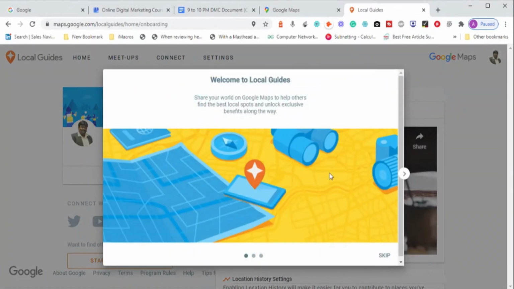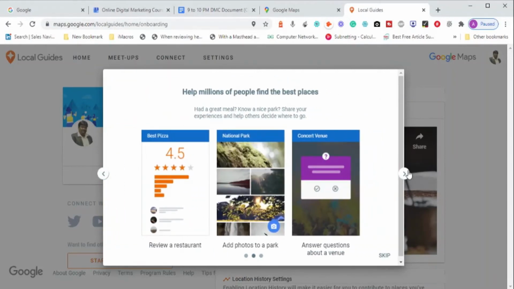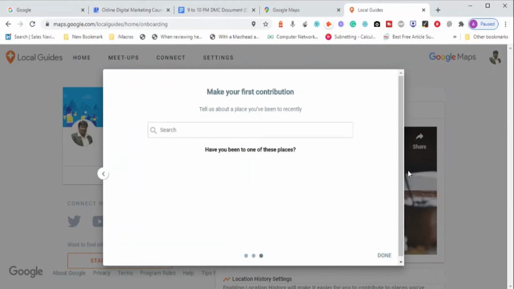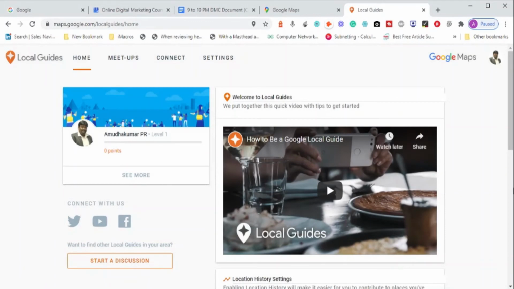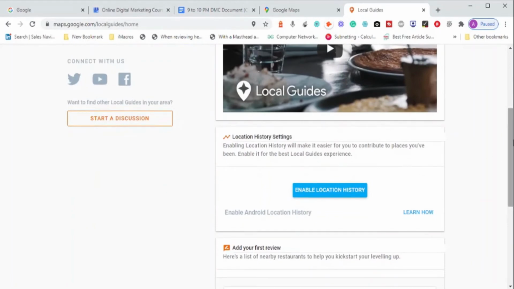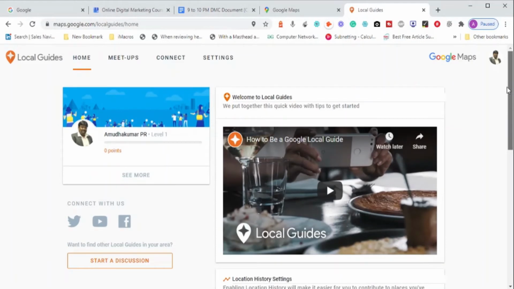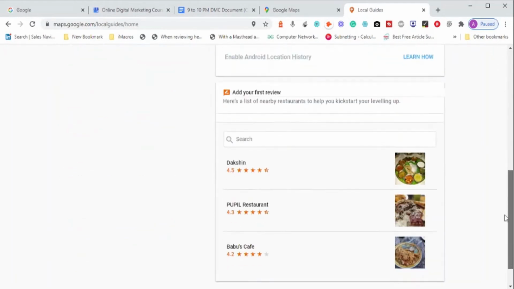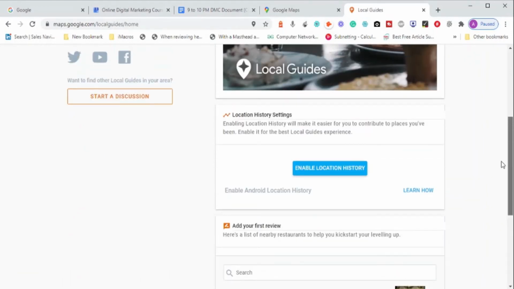What can you do with the Google Local Guide program? You can navigate to any business with your camera or phone, take a photograph, and upload it. You can rate, review, and share your first impression and all the details. So as a Google Local Guide, you can add a business into Google. You can rate and review other businesses, and you will be considered a Google Local Guide, and that adds more value for other businesses to validate.